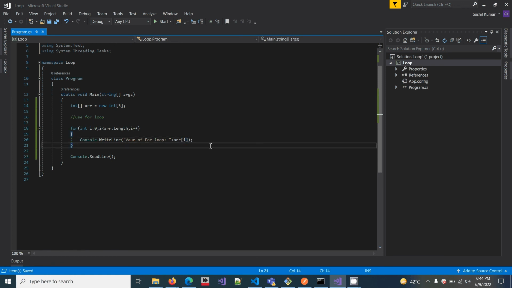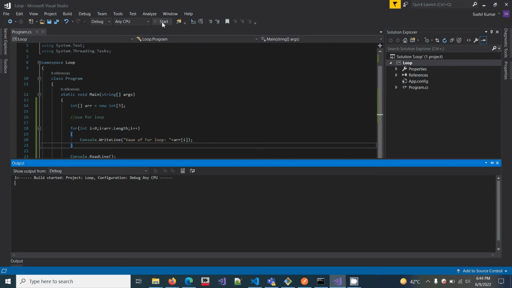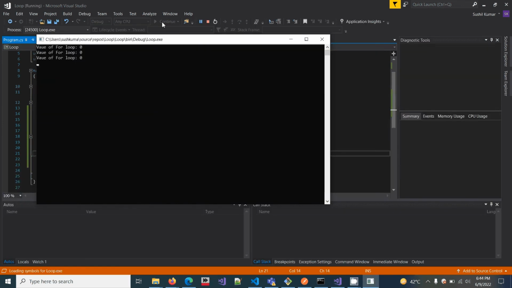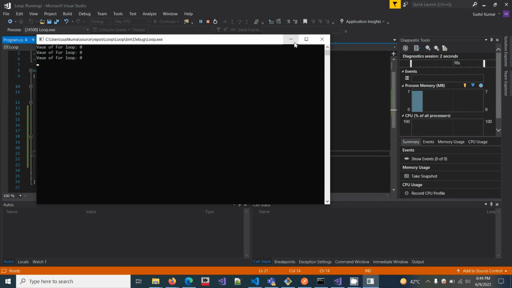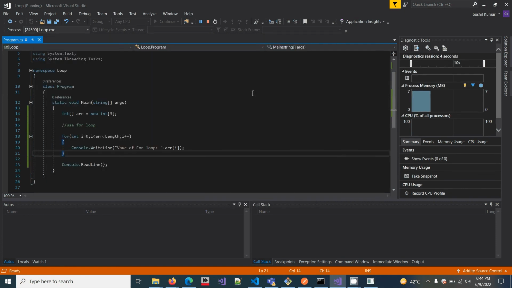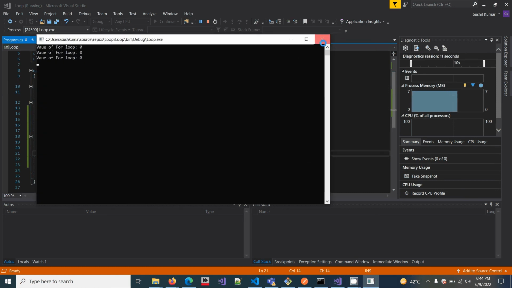Now start. You can press F5 or press the start button, then check what the output is. Sorry, oops, we did not initialize any value in the array, so it prints 0 0 0.